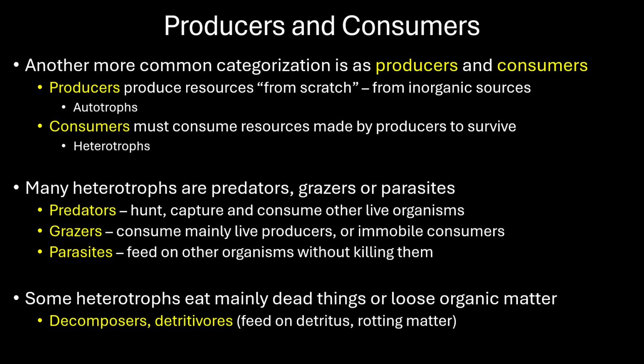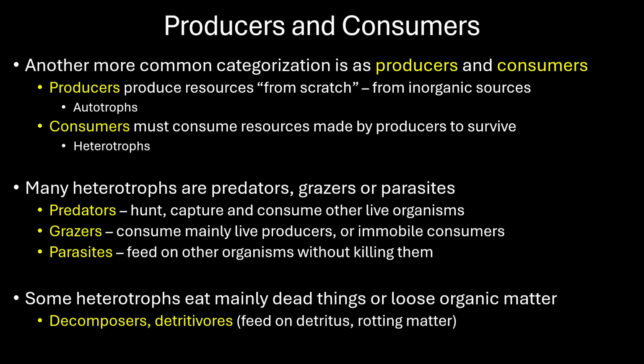They are in many ways synonymous with autotrophs and heterotrophs, respectively, right? Producers make resources from scratch, from organic sources. Consumers must consume resources that are made by producers to survive, right? They will either consume producers or other consumers, or in some cases, dead material from either. So I want you to make sure that you know both of these terms, producers and consumers, and also autotrophs and heterotrophs, okay? A lot of heterotrophs, because of their lifestyle, end up being predators or grazers or parasites,